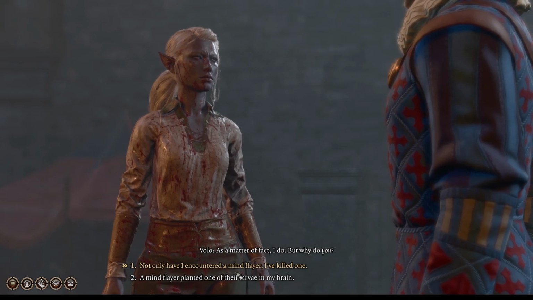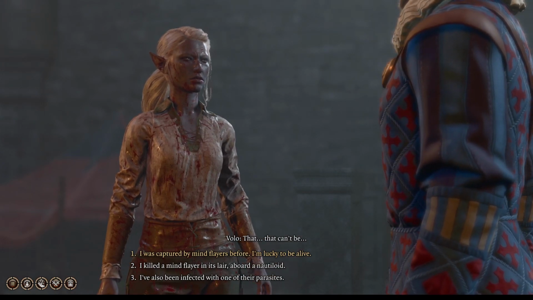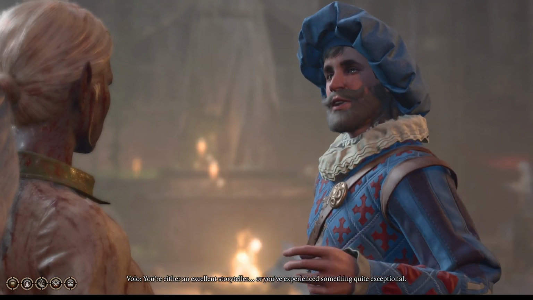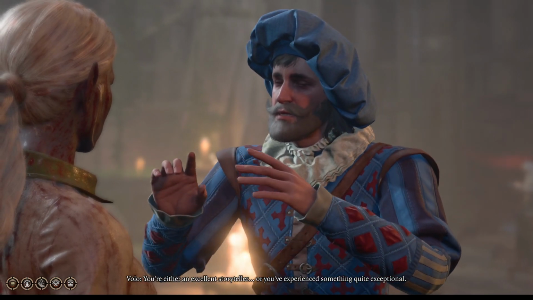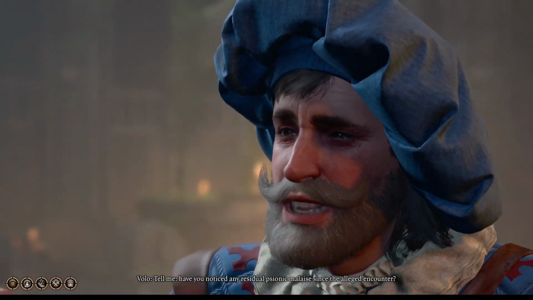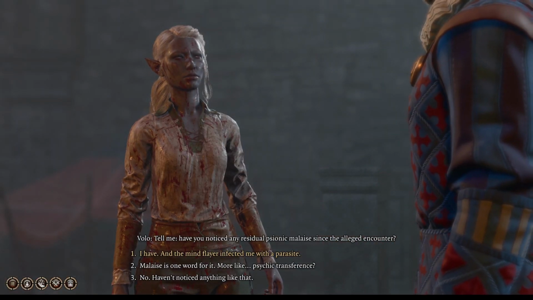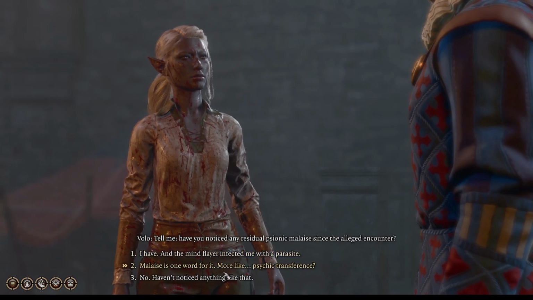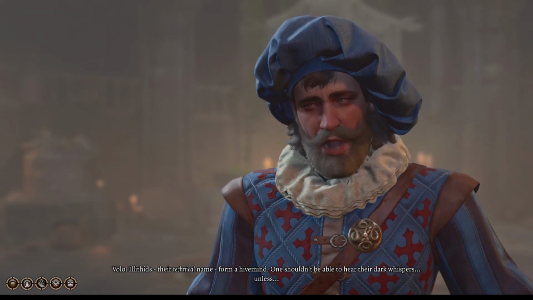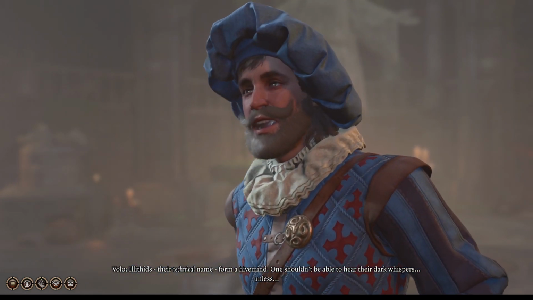Not only have I encountered a mind flayer, I've killed one. That can't be. I killed a mind flayer in its lair aboard an nautiloid. You're either an excellent storyteller, or you've experienced something quite exceptional. Tell me, have you noticed any residual psionic malaise since the alleged encounter? Malaise is one word for it, more like psychic transference. Curious. Illithids, their technical name, form a hive mind. One shouldn't be able to hear their dark whispers unless...